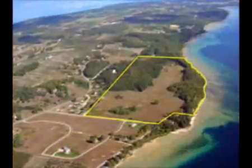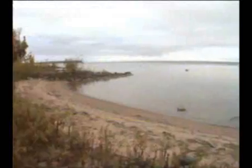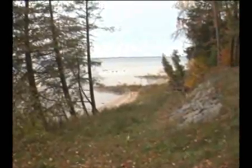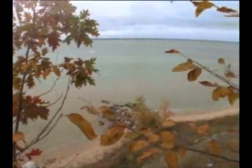Still, you will find it hard to leave your home, your 81 acres of beautiful woodlands, dazzling vistas, rolling meadows, and dramatic bluffs that rise up behind your immense private shoreline. Yes, this parcel offers all of the ingredients that make demand for property on the peninsula so great. But it offers more. 81 acres, nearly aerial views of spectacular East Grand Traverse Bay from atop its priceless bluffs,